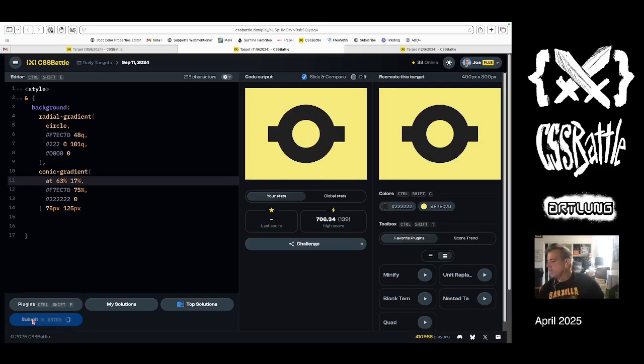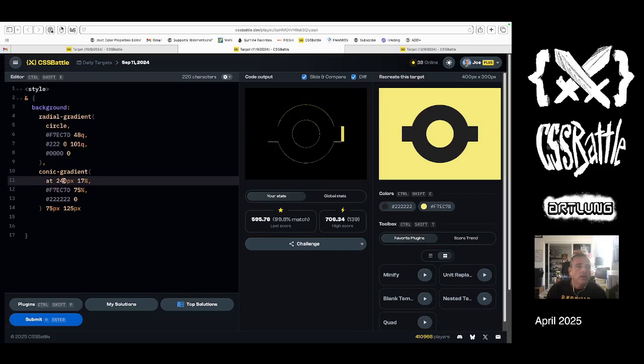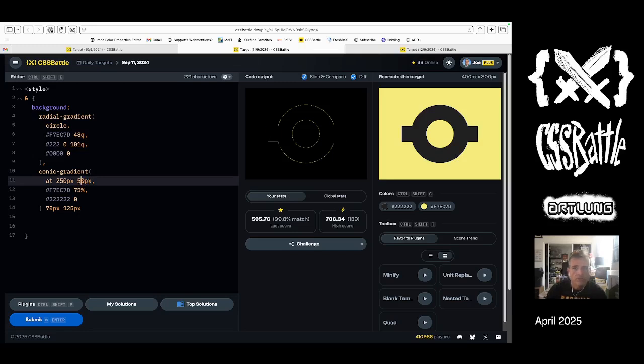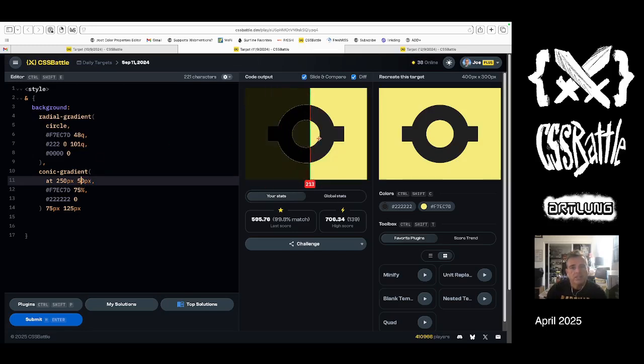But when I submit it, the backend is going to say, hey, you know what? That's not close enough. So yeah, 99.9%. That means the units are not correct. And that's fine. 63%, so it's probably like 210 pixels or something? No, 220, 30, 40, 50? 250, all right. And then let's make this 40 pixels tall, 50 pixels tall, and see that nice clean